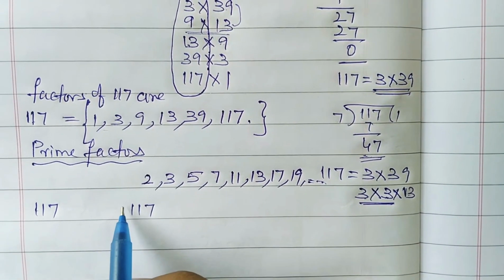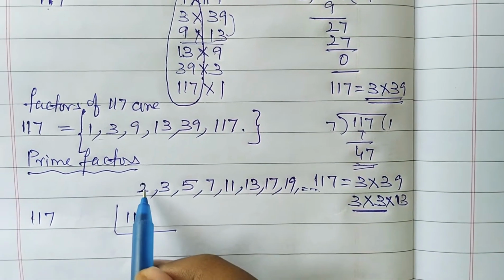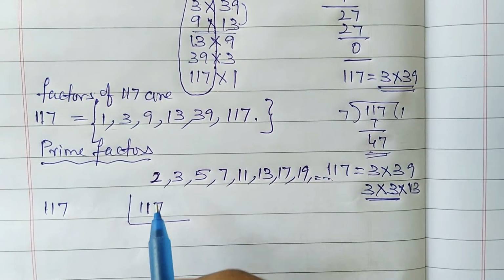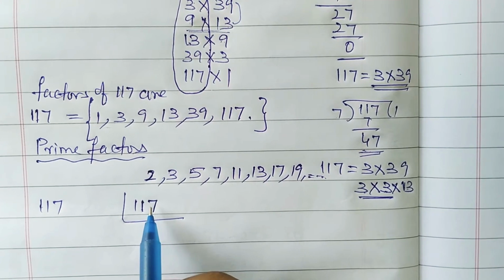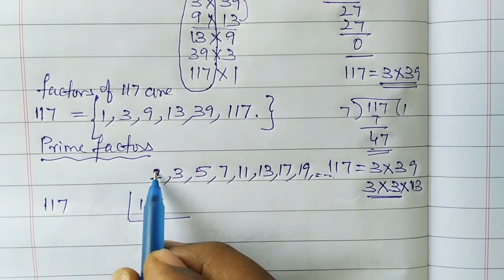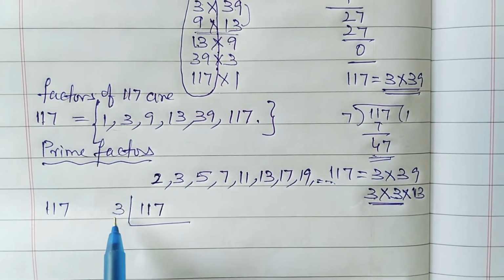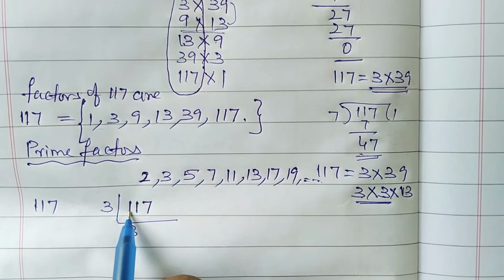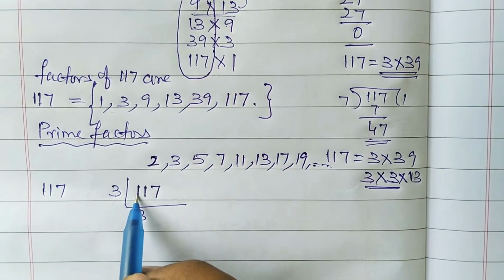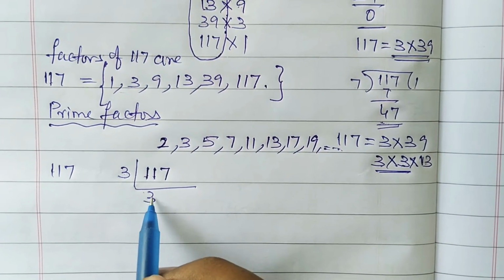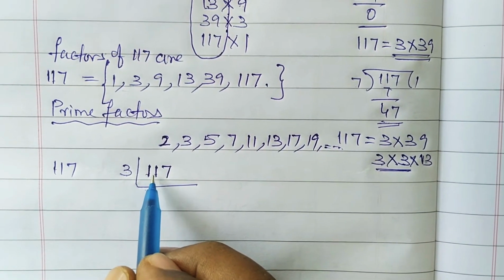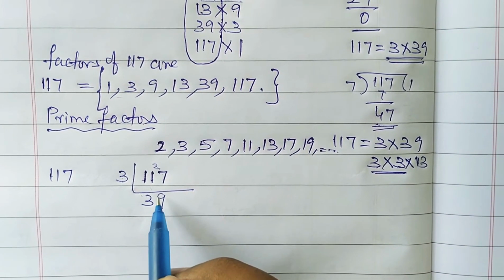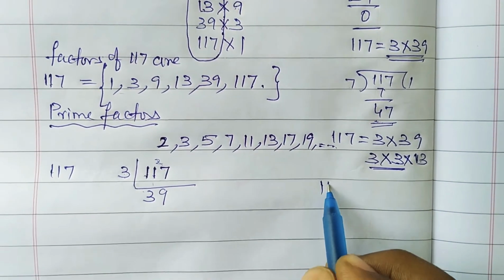If you are asked to write the prime factors for 117, how do you do it? I will explain here. Write 117. First check with the prime number 2. Is this an even number? It is not an even number, therefore it is not divisible by 3... not divisible by 2. Next, check it with 3. 3 3s are 9. First there is only one digit, 1, which is less than 3, so I have to take 2 digits. 3 3s are 9. What is 11 minus 9? 2. Next is 27, so 3 9s are 27. Did you understand how I have written this? This is the method of dividing.